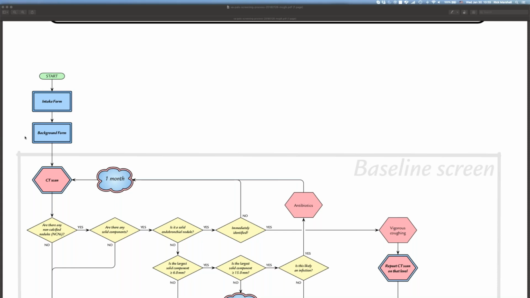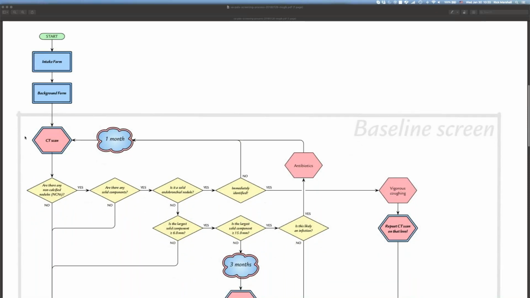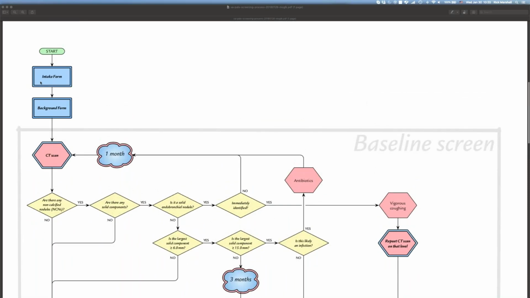There's this optional background form. When we first began the project, it was going to be required, and now it's optional, but it's a place to collect a lot of demographics, including some health information that's very valuable to the nurse navigators when they're thinking about the process. But once that's done, however much of this takes place, if they're approved, if it looks like